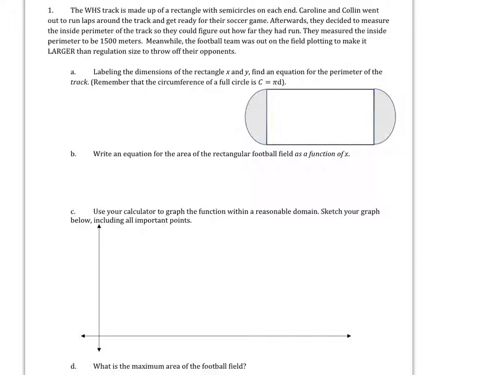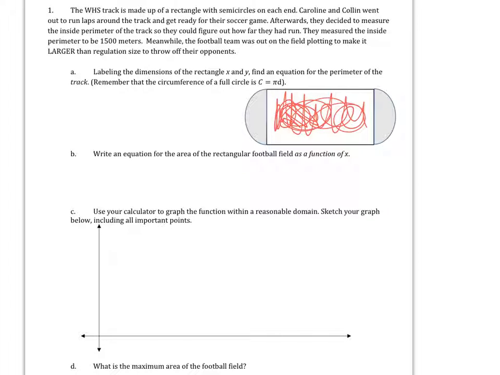This first one is a typical track problem, and you can read the problem, but the track is made up of a rectangular football field, and then there's semicircles on either end. So typically in a track problem, we are given some information about the distance around the track or the perimeter of the entire thing, so rectangle plus semicircles. And we're being asked to maximize the area of just the rectangular football field, right? So when we maximize the area, we're not considering the circular part, but the circular part comes into play with